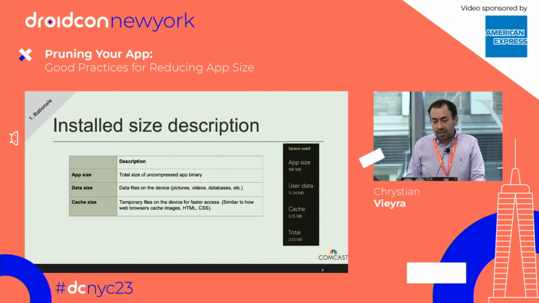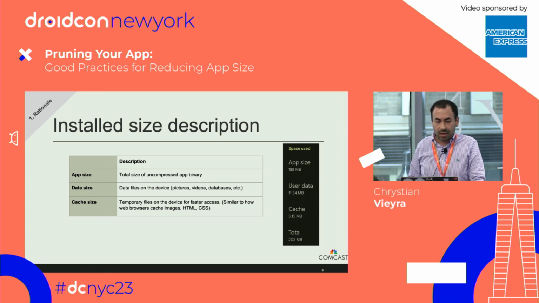And here's a little chart. Here's the Xfinity app. In the previous image, the app size was around 90 megabytes to download. Once you install it onto your device, it's more than twice as much. That comes from the app getting uncompressed, the assets, so it went from 90 to around 188 megabytes, because it's no longer a